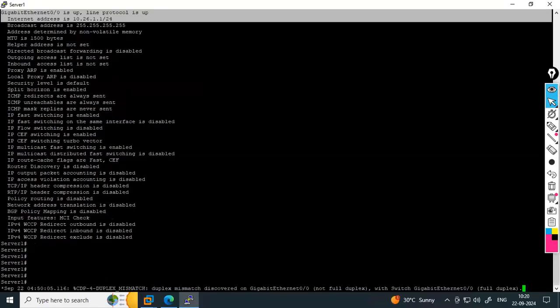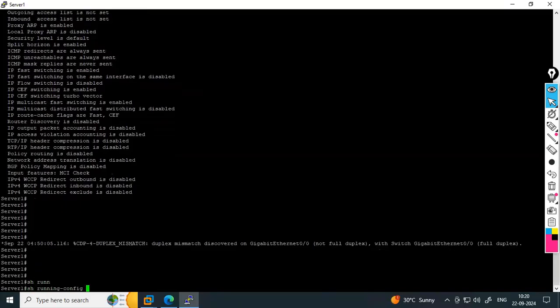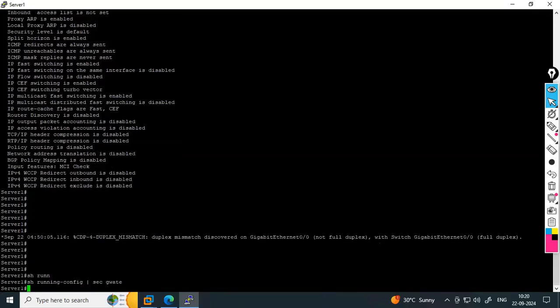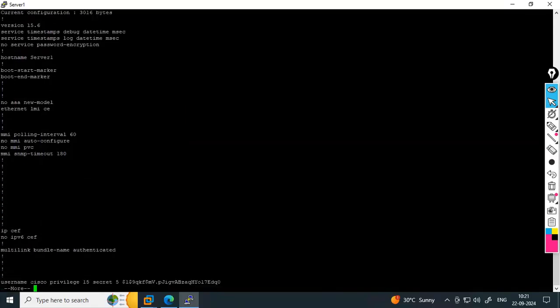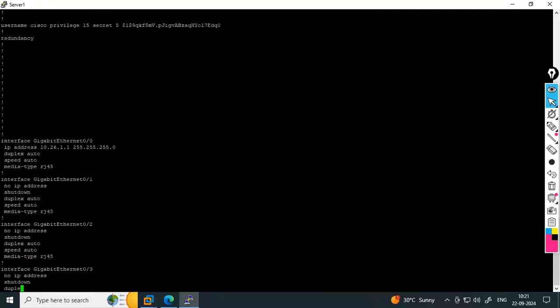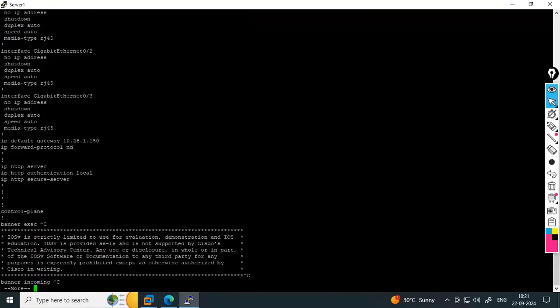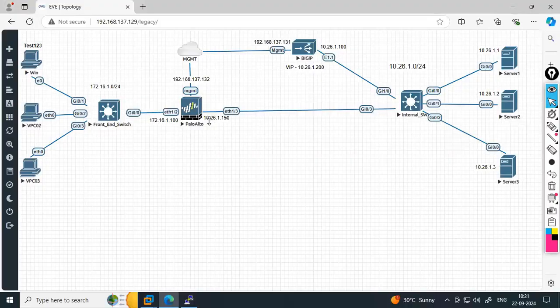Right. If you see the running config section gateway, see, gateway is 150, right? 150 is your firewall IP, right? And if I'm logging into this 131,